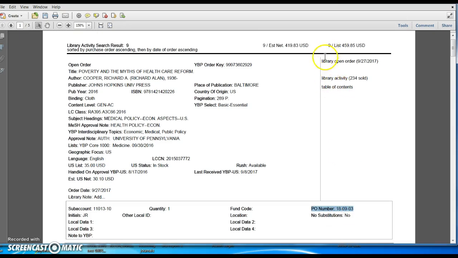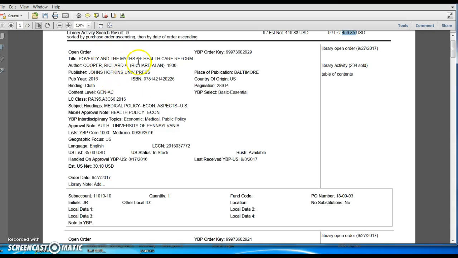And what this shows is that I ordered 9 titles and the price is $459.85. And each of these are the purchase order lines. So the first one, Poverty and Myths of Healthcare Reform, they have the list price, $35, and after the discount price, the net price is